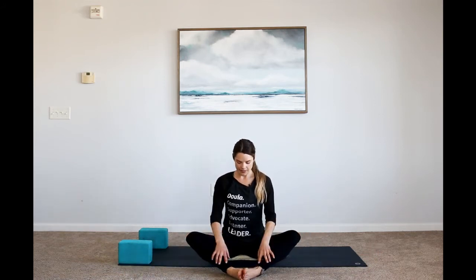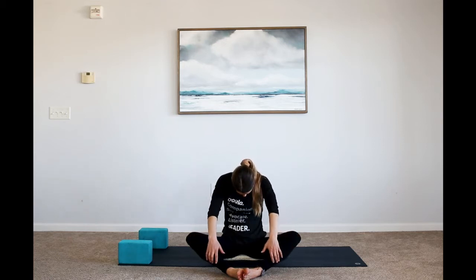And as you exhale, gently release, catch hold of the backs of the knees, and draw the soles of the feet to touch for Baddha Konasana, making a big diamond shape with your legs. As you inhale, draw your chest forward, pull your elbows back, your collarbones broad. And as you exhale, walk your hands down your shins and tuck your chin to your chest, rounding through the